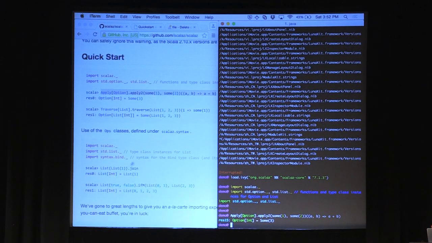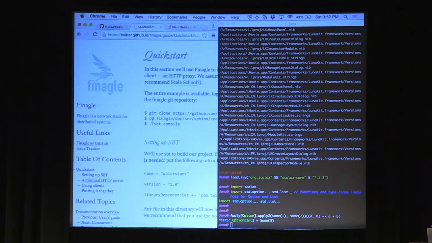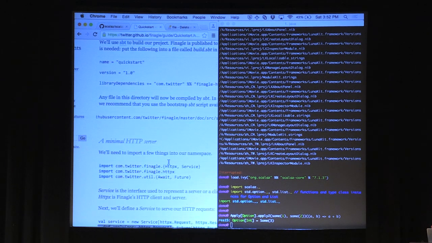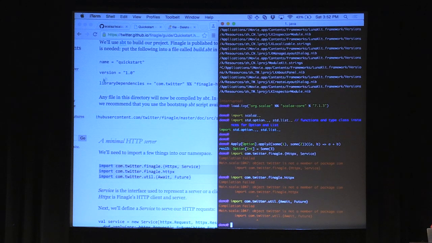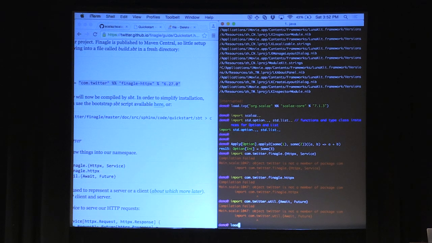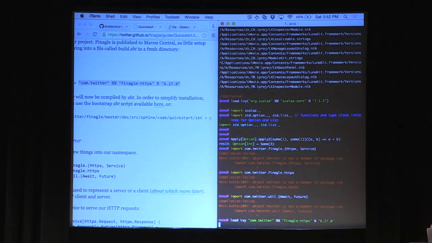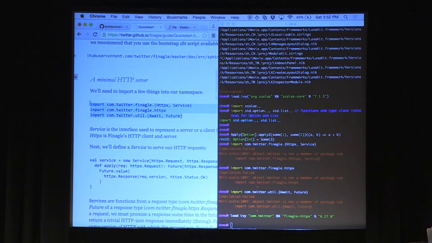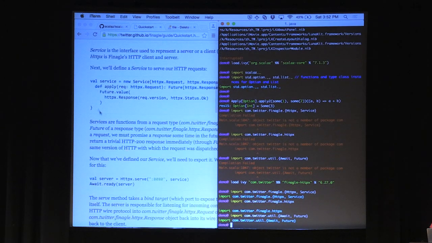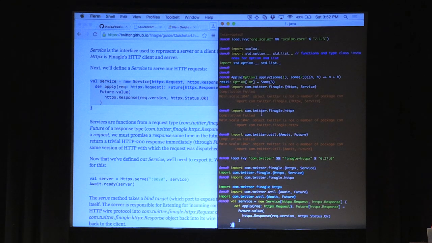And it's not limited to things like Scalaz. For example, let's say I want to try out Finagle. Well, Finagle is not part of my classpath, because why should the REPL have Finagle, a web server, as part of its classpath? But I could just load Finagle. And then, in my case, it's cached, so it's a bit faster. If you guys try it, it'll take a while to actually download the jars and cache them in your Ivy folder. And now I can immediately start doing things. So I can do that. Let's make myself a service in the REPL.